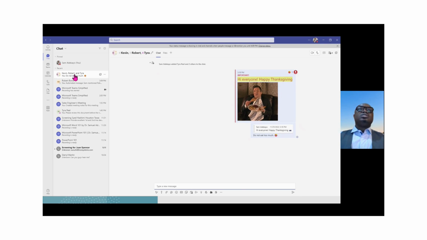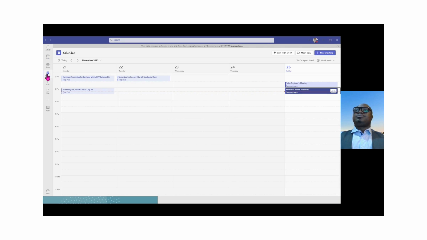So that's how to send a chat. So having done that, now we are going to schedule and join a meeting. To schedule a meeting, we are going to go to our calendar here. And there are a few ways we can schedule a meeting. We can schedule an ad hoc meeting. That means a meeting that we have not prepared for or pre-scheduled. Maybe something quickly came up and we have to schedule a meeting right away.